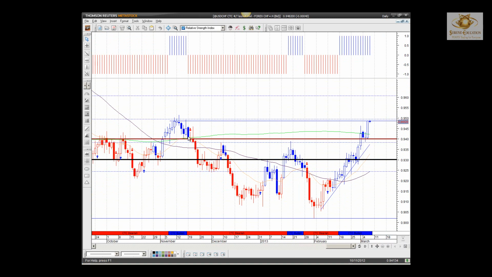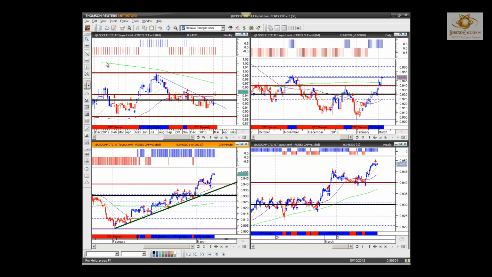It hasn't been above the institution on a daily since November last. So looking good, looking good. So long may it hold. Got to get above that 950 to see further extensions to the upside. So take that in mind. Look to see what price is doing in and around that area right now.